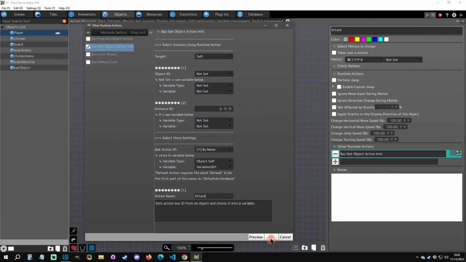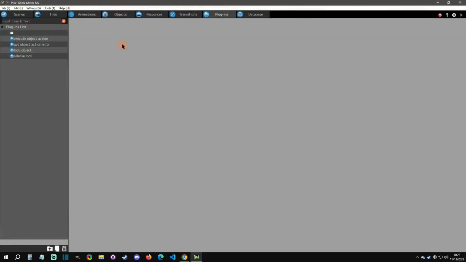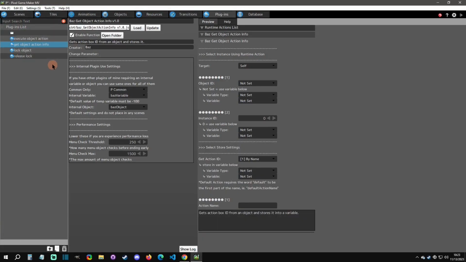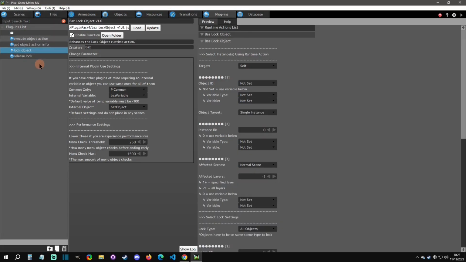Today I'm going to show you plugin pack 4. So with that said, let's get started. Alright, so here's the next set of plugins. We have execute object action, get object action info, lock object, and then release lock. Alright, so basically, real quickly, if you've never seen a plugin episode here, you just create